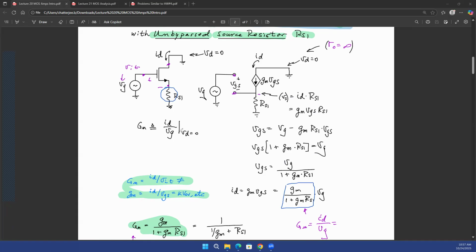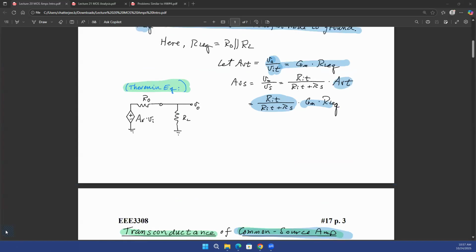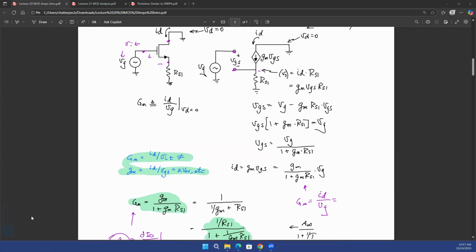Now the bigger question is, if it is degenerating the GM, why do we use it in the first place? Why would you ever use something like this if your GM is reducing, if your transconductance is reducing? Because as you found out, if I go back to the previous page, your AC gain is going to be a multiplication of GM and R. So if your GM reduces, your gain reduces. So in this case, with degeneration, your gain is actually reducing. Why would you want that as a designer? The reason is that